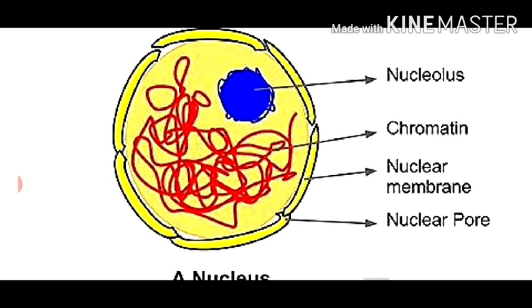What is nuclear membrane? Nucleus is separated from the cytoplasm by a membrane which is called as nuclear membrane. This membrane is also porous, which means that it is having the pores which allows the movement of materials between the cytoplasm and inside of the nucleus. It is also called as nuclear envelope. As you can clearly see in this figure of the nucleus, the nuclear pores present in the nuclear membrane. So these pores allow the movement of materials between the cytoplasm and inside of the nucleus.